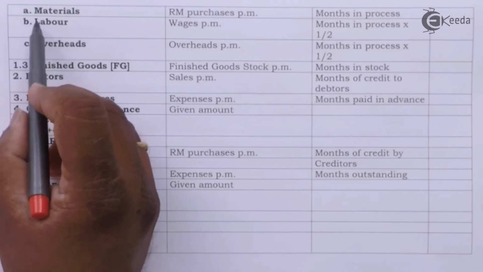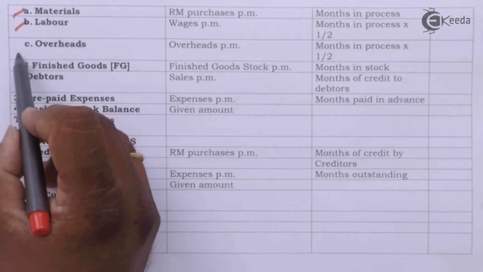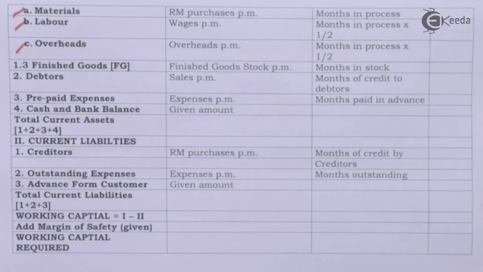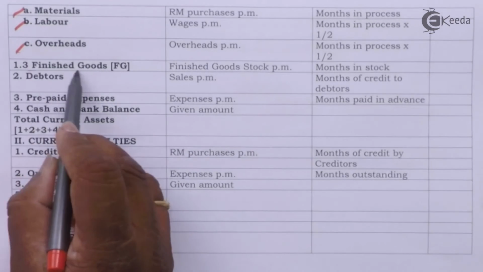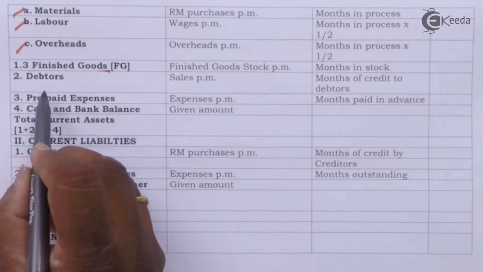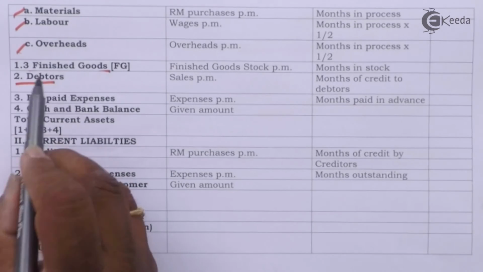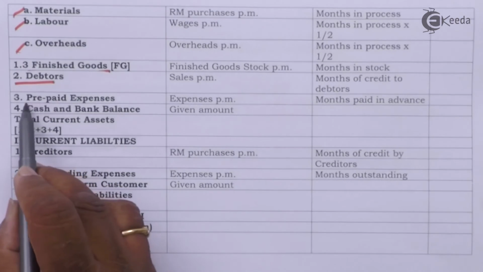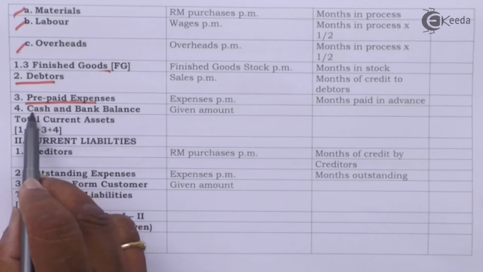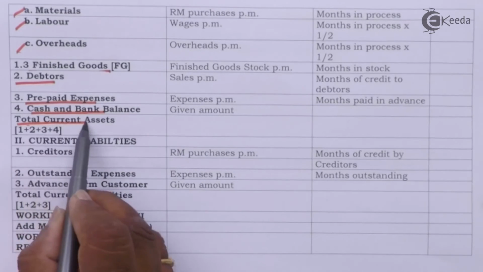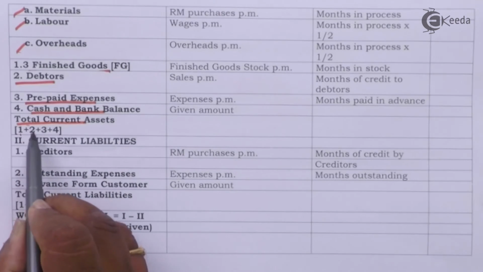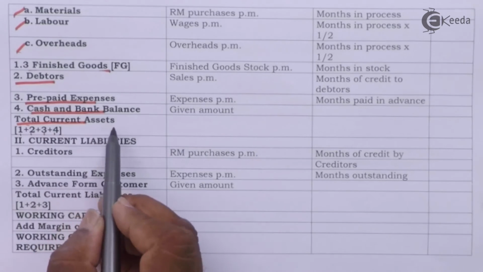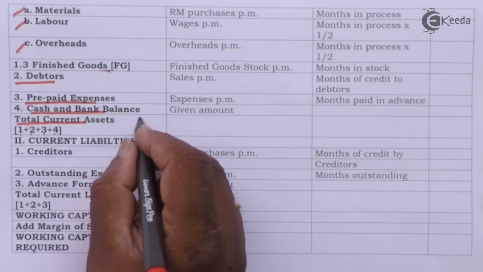Work in progress: material, labor, overheads as per our current discussion. Then stock of finished goods. Second item will be debtors at cost or at selling price, as given in the examination question. Next, prepaid expenses, cash and bank balance. We get the total of 1 plus 2 plus 3 plus 4, that is total current assets. This is also called